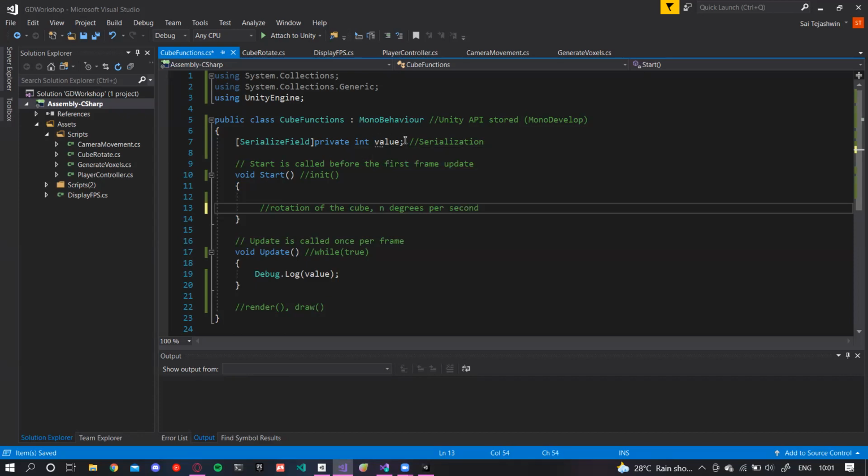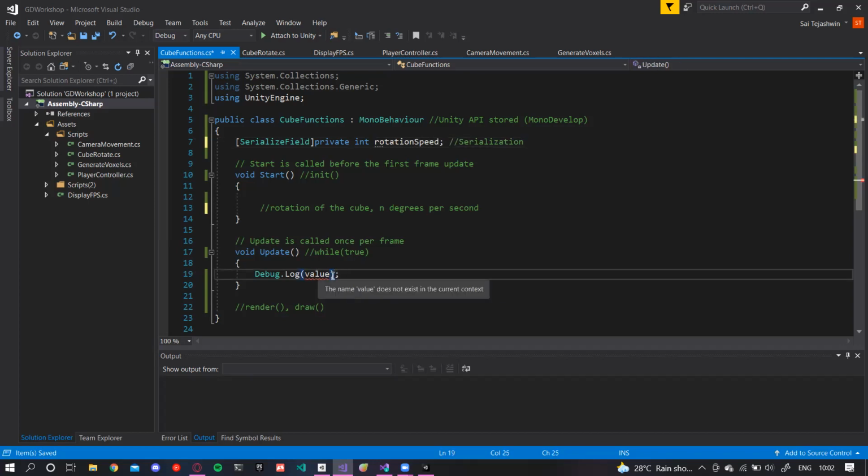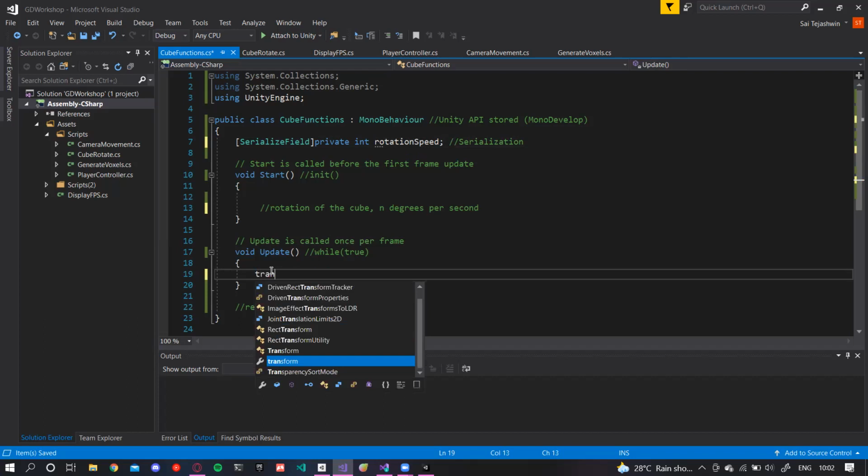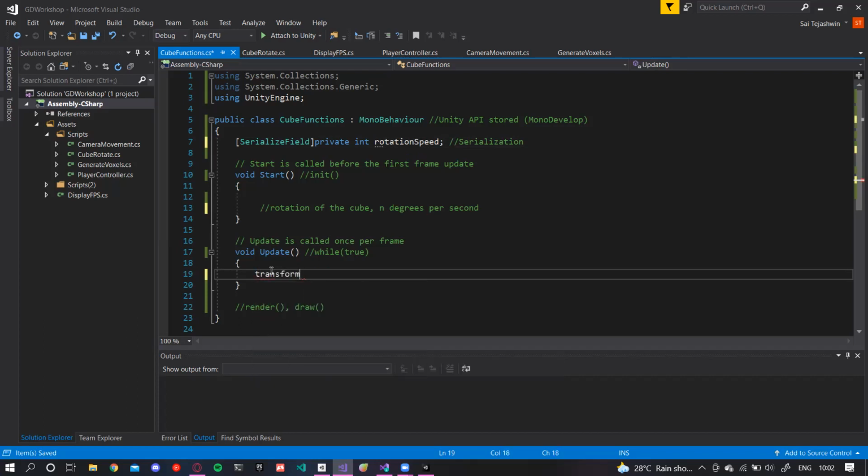For this, I'm just going to change this value to rotation speed. And of course, I'm just going to remove my debug.log value. Now I want to change my transform, so I'll just type it.